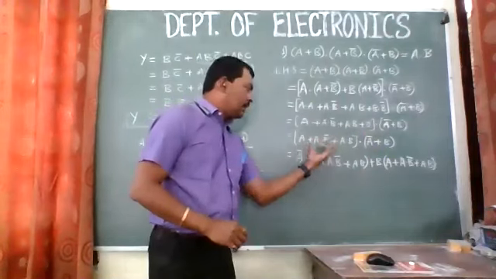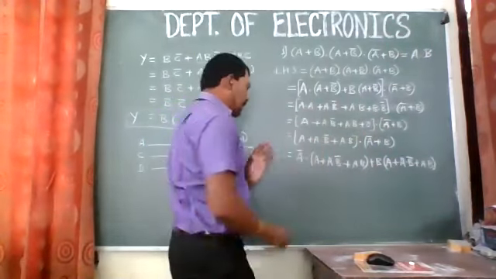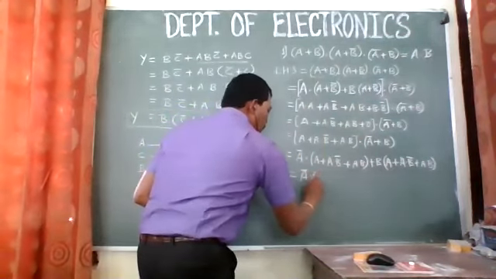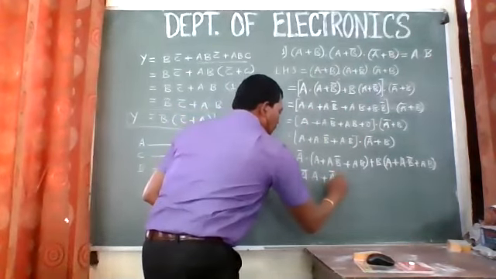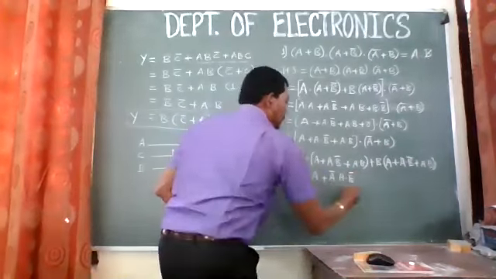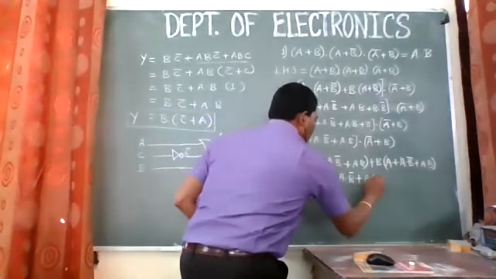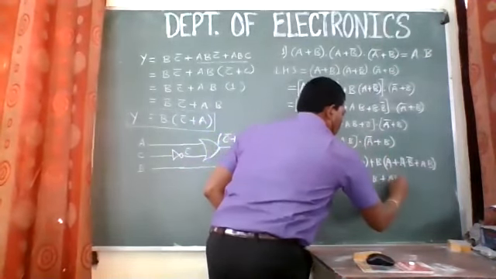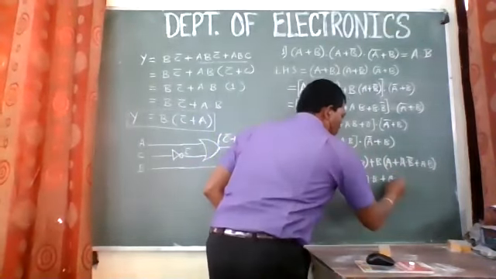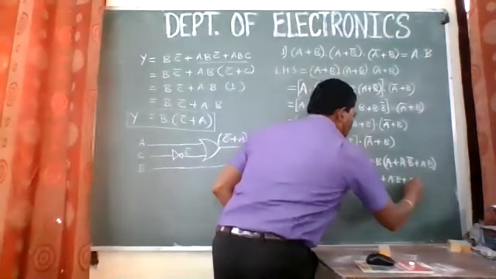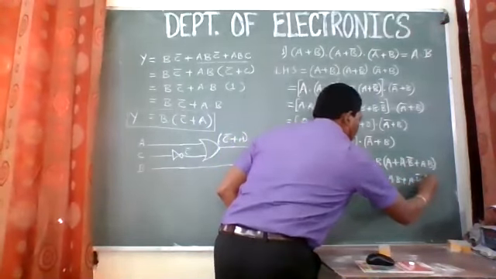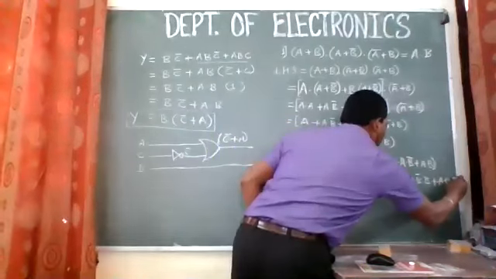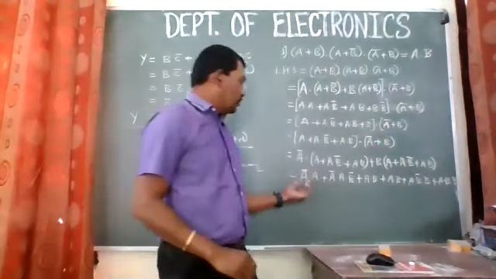ए से ए बार से मल्टीप्लाई किया है ये पूरे ब्रैकेट को, प्लस बी से मल्टीप्लाई किया है ये पूरे ब्रैकेट को. नाउ लेट अस गेट इनसाइड. सो ए बार से मल्टीप्लाई करना है इसको पूरा, तो ए बार डॉट ए प्लस ए बार डॉट ए डॉट बी बार प्लस ए डॉट बी. सेकेंड ब्रैकेट में ओपन कर रहा हूं अभी, प्लस ए डॉट बी, ए डॉट बी प्लस ए डॉट बी बार डॉट बी प्लस ए डॉट बी डॉट बी, ऐसा बनाया है।